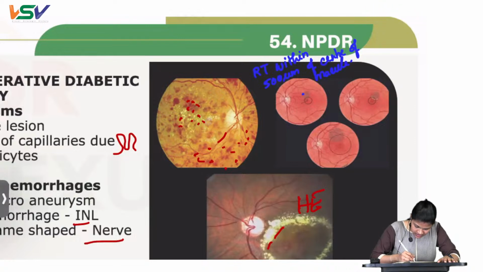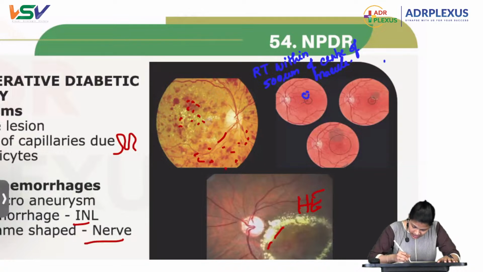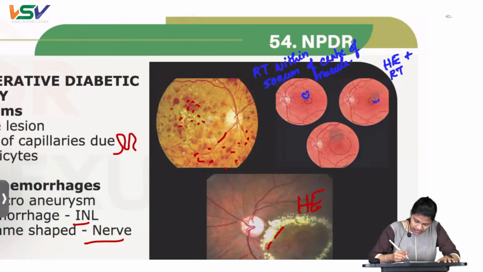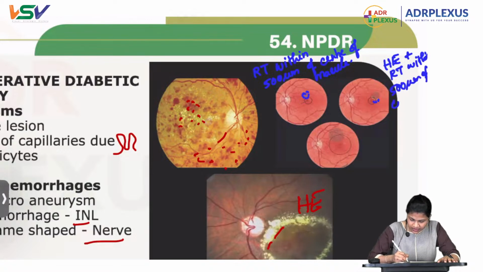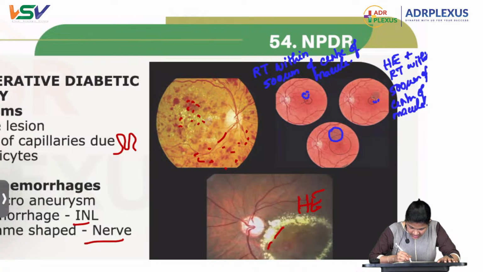As you can see here, this is a retinal thickening within 500 microns of the center of the macula. The other thing would be hard exudates. You can see these yellowish hard exudates plus retinal thickening again within 500 microns of the center of the macula. The last thing would be retinal thickening of one disc area